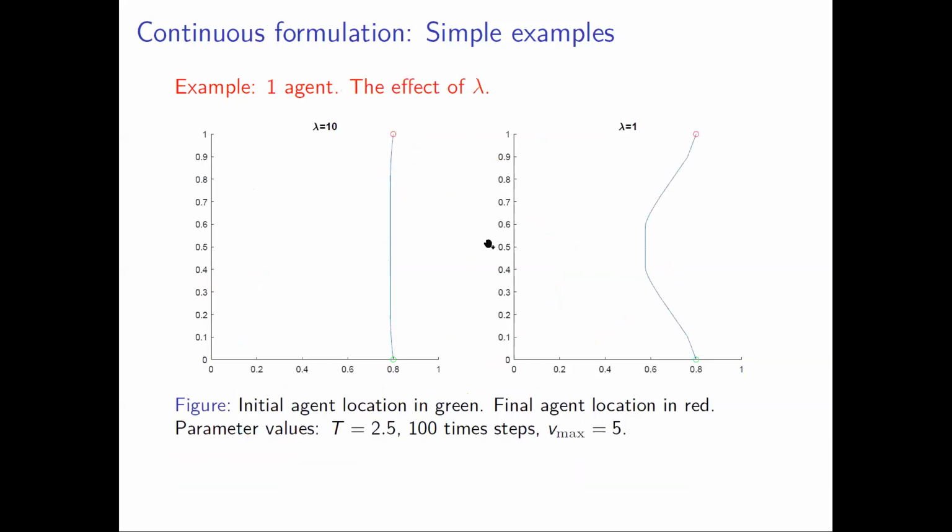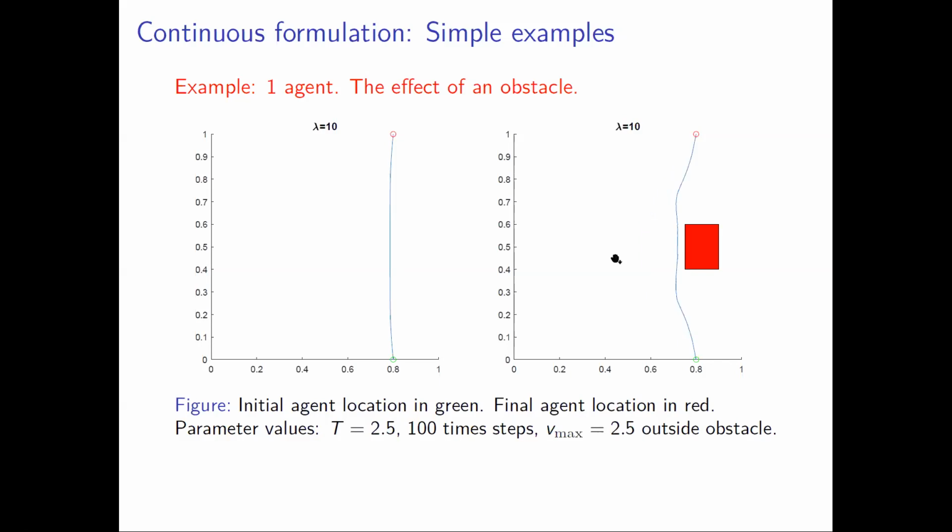This is a very simple example with one agent, showing the effect of this weighting. The bigger the lambda, the more important the primary mission. On the left-hand side, lambda is 10, and your one agent essentially moves in a straight line. On the right-hand side, lambda is 1, and your agent goes further into the center of the domain. The best place for it to be would be the very center. That's the best sampling of the uniform distribution by a single Dirac mass. So that's why it moves there.